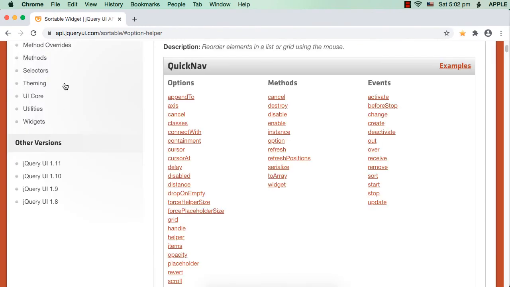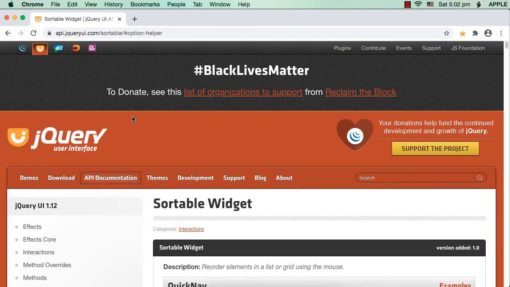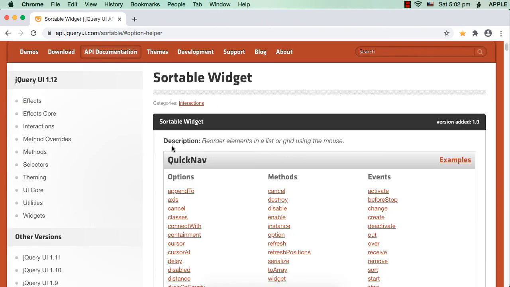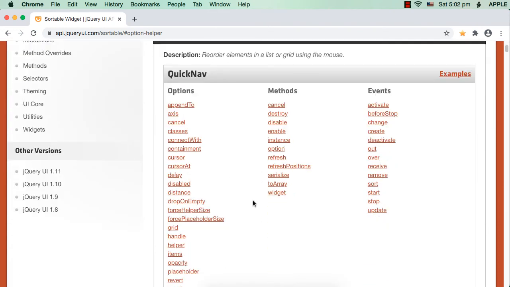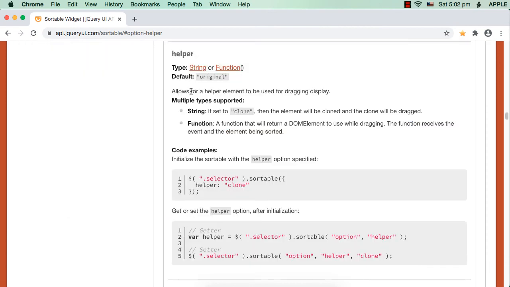Let me show you. If you go to the jQuery UI's official website and go to the sortable widget, the sortable widget has many options, methods and events, and here you could see that a helper option is there. This option allows for a helper element to be used for dragging display. You can either set its value to clone, so the item will be cloned, or you can use a function.